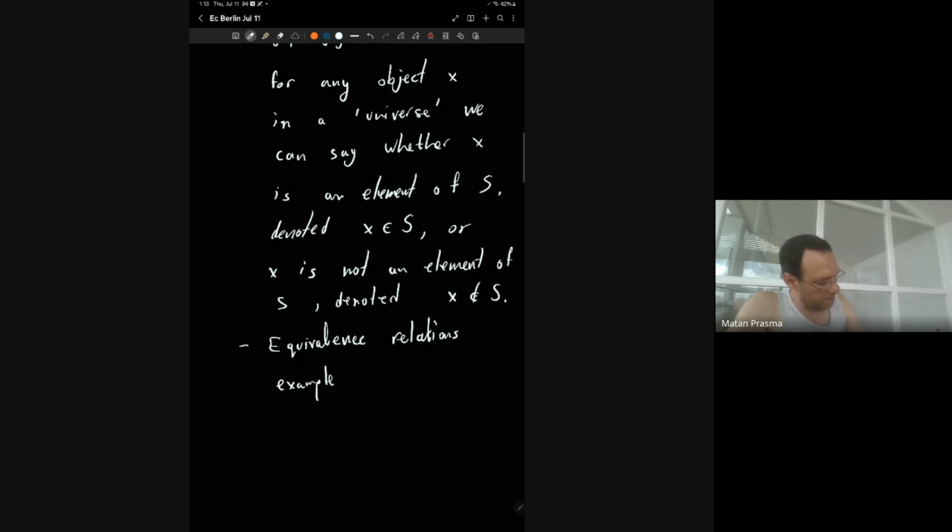And the example is you take S to be the integers, and you can declare A and B in S to be equivalent if, or if and only if,